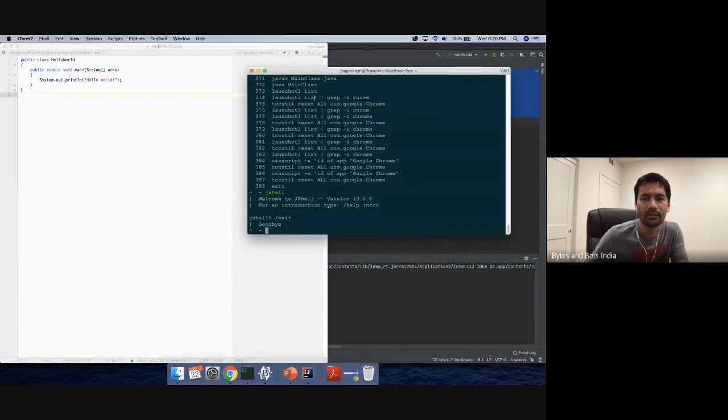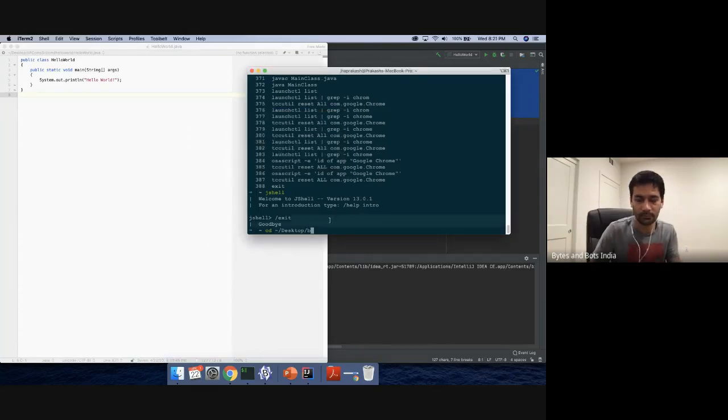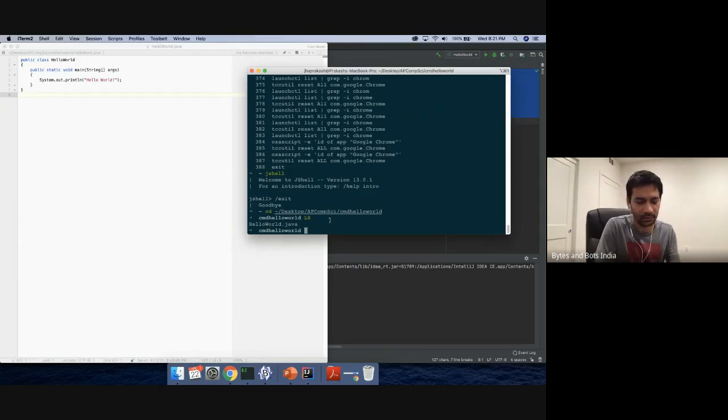Then you can open the command line and go to that folder. When we see there's a Java file here, we can do a javac HelloWorld.